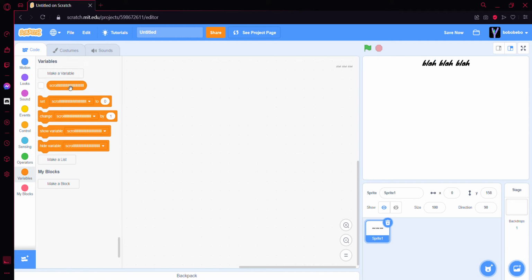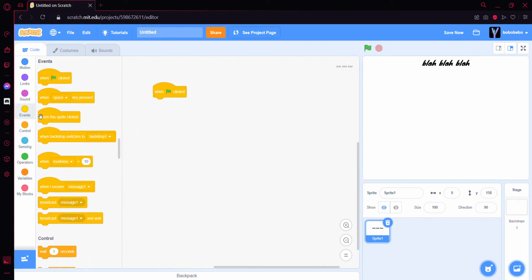Today we'll be making a scroll detect. Yes, a mouse scroll detect. I'm using Opera now and it's gonna be cool because my text needs a place to be in the middle. So when green flag is clicked,